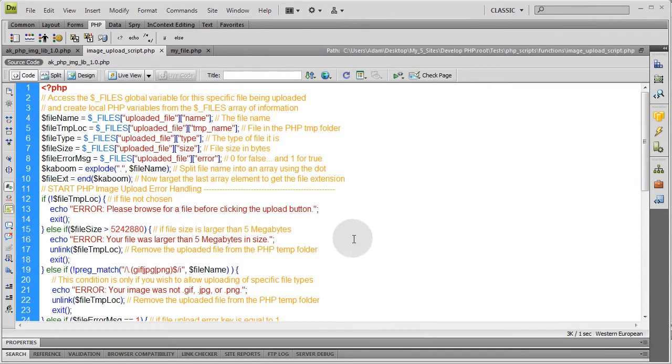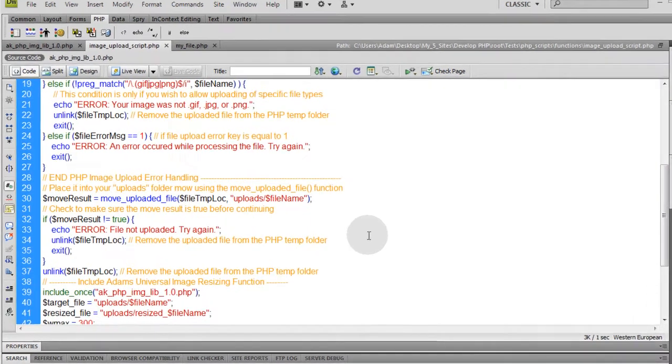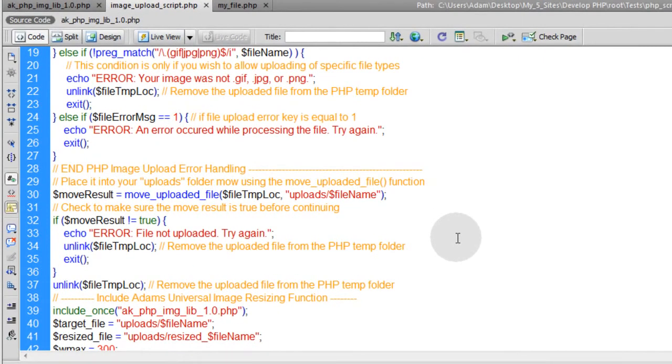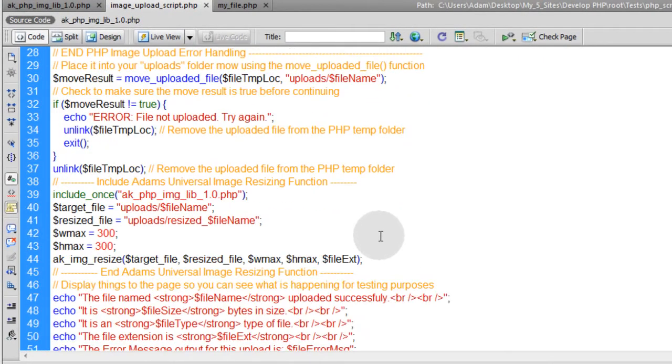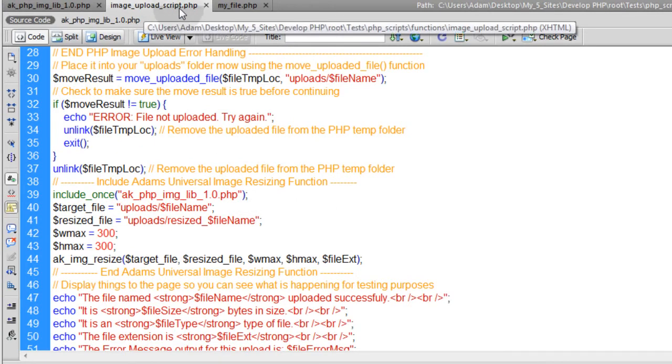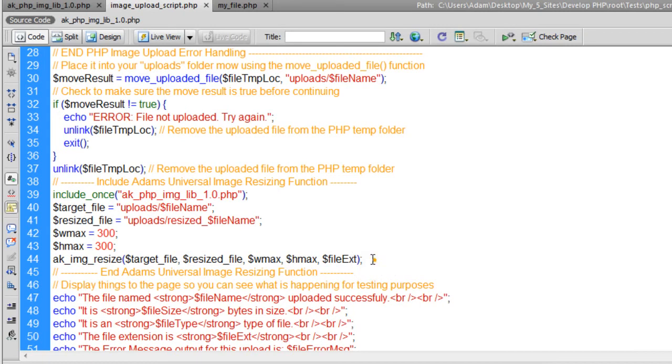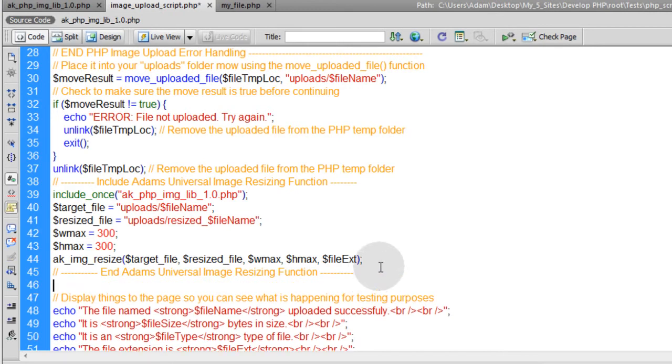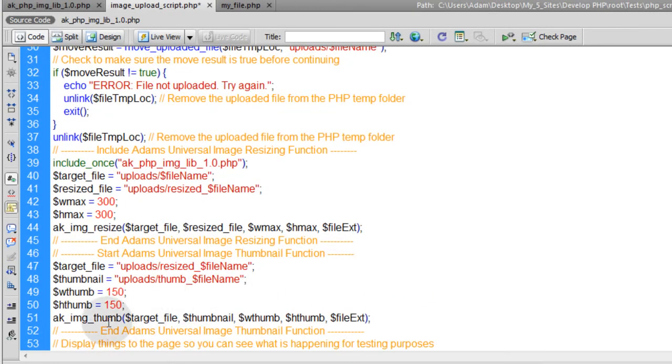Okay, this is how it works, and we're going to stem right off of the last lesson where we created the image resize function and included it into our parsing script. That is our image upload script.php. So we just included that file, and we run a custom function that's inside of it, feeding it specialized variables. Now we're going to go under that function inside of this image upload script, and we're going to run another custom function called